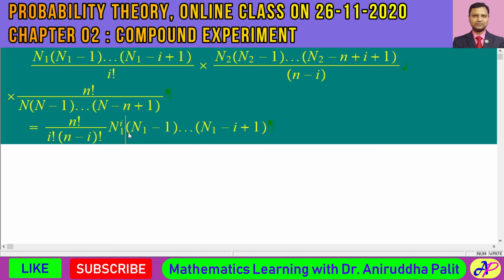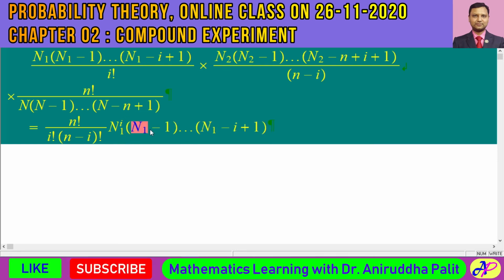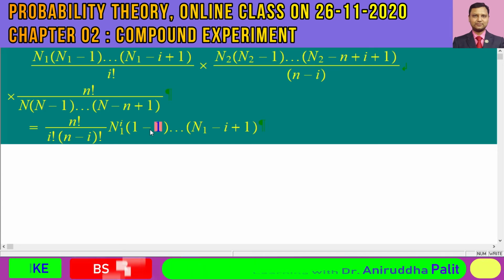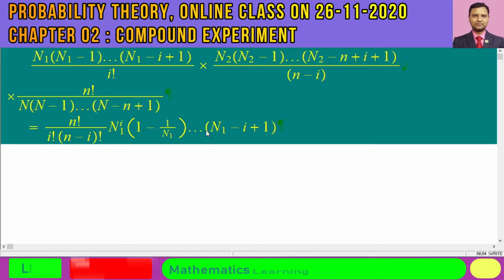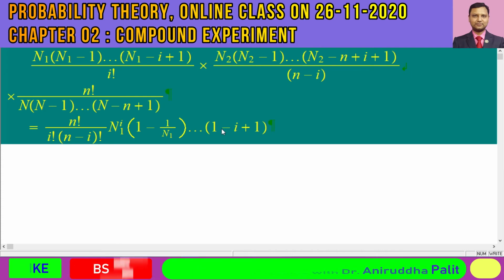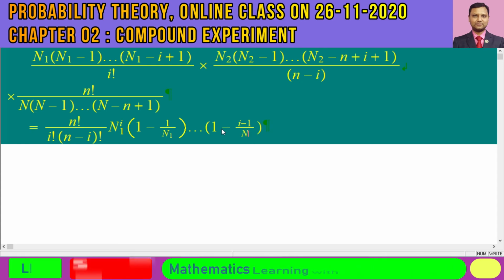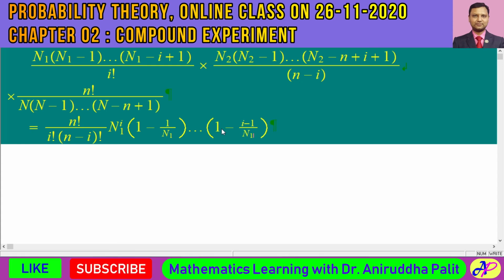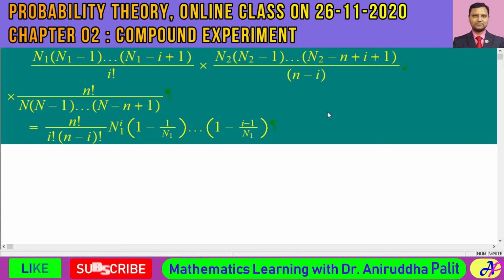So if we divide this term by n1, what do we have? We have 1 minus 1 by n1, and so on. Finally, we will have 1 minus i minus 1 divided by n1. So that is one factor, multiplied